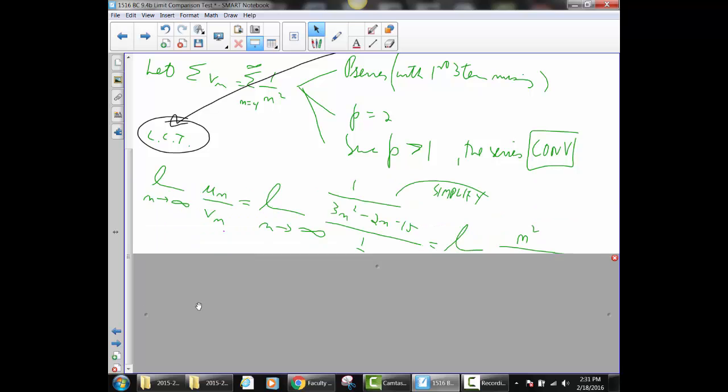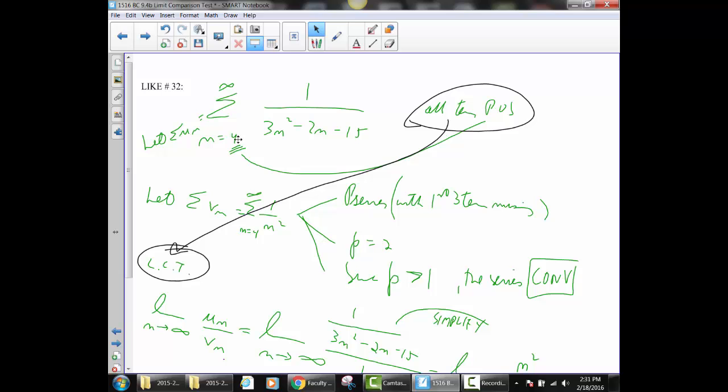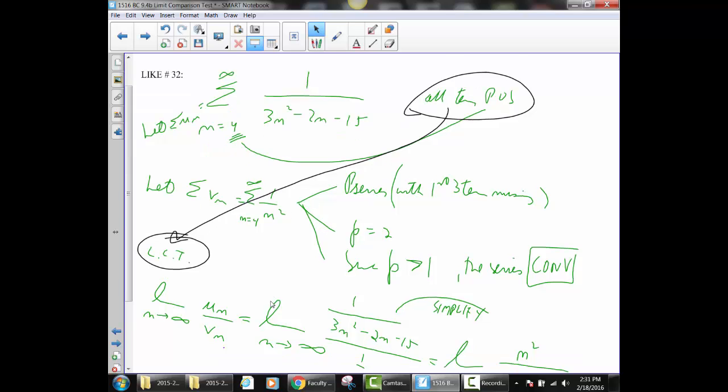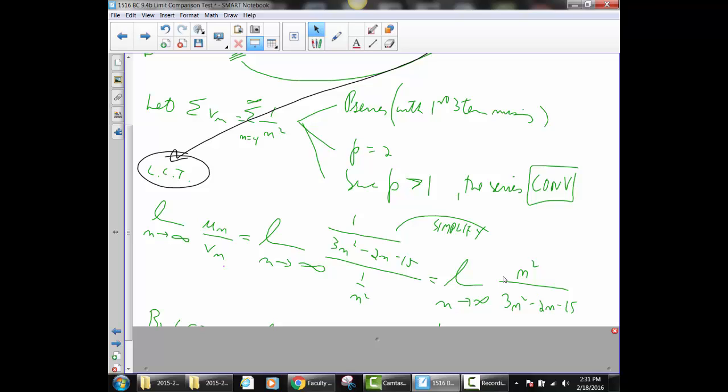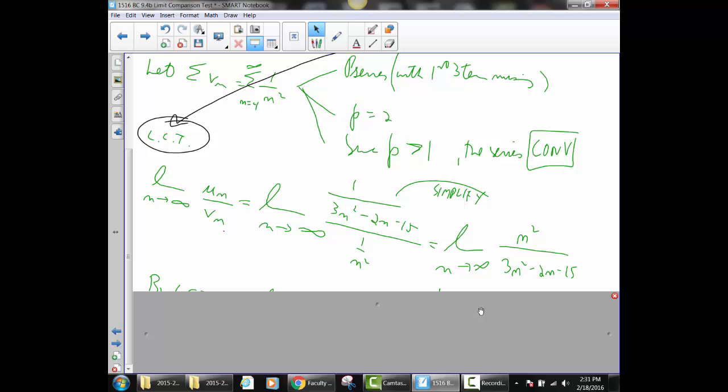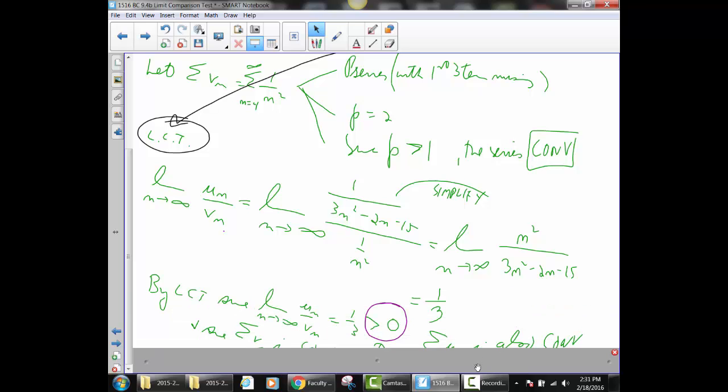So now we're going to find the limit as n goes to infinity of UN over VN. So here's my UN right here. My VN is 1 over n squared. If I multiply by the reciprocal, I get the following. Degree of the top equals degree of the bottom, so it's leading coefficient over leading coefficient, so that's equal to 1/3. Since that is a positive constant and we were comparing it to a convergent series, then our series UN